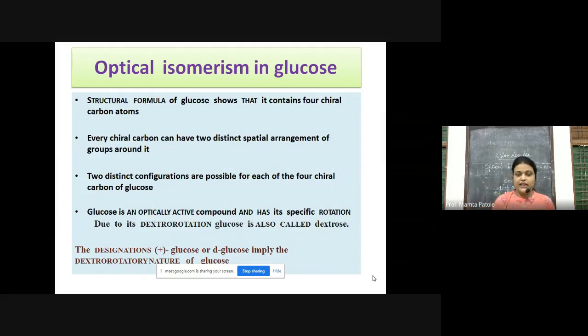So in discussing optical isomerism in glucose, the first and foremost thing you should know is that there are four chiral carbons in it, and glucose is an optically active compound. It rotates the plane polarized light towards the right, and hence it is designated as